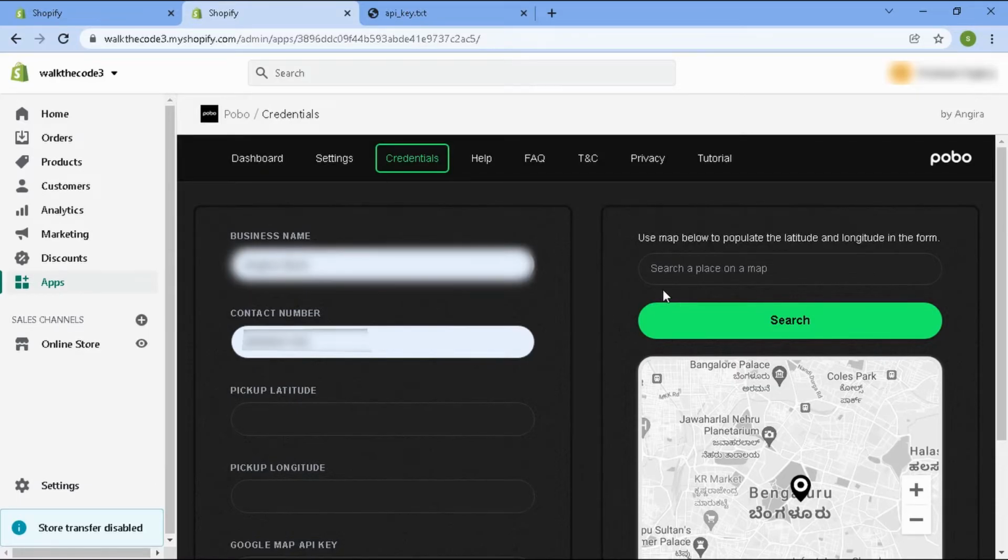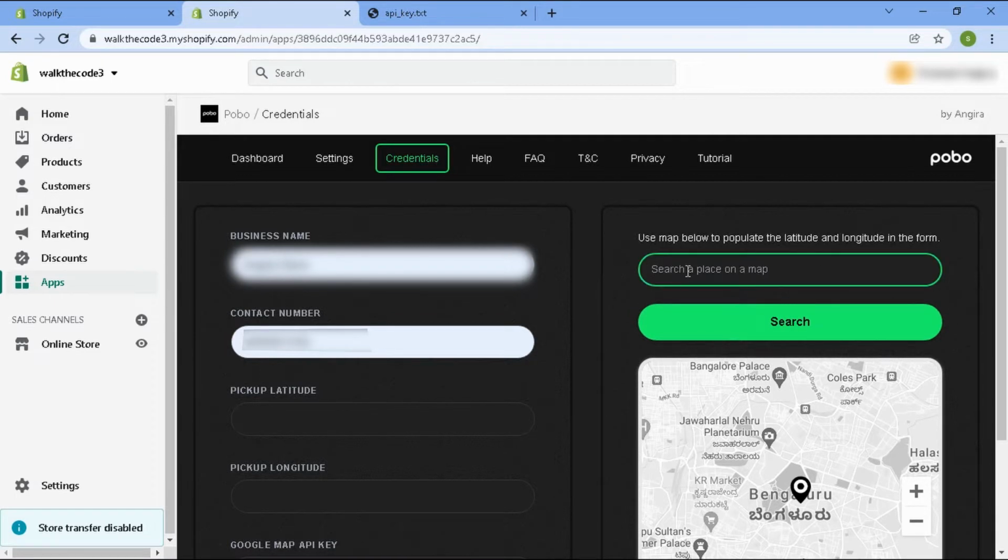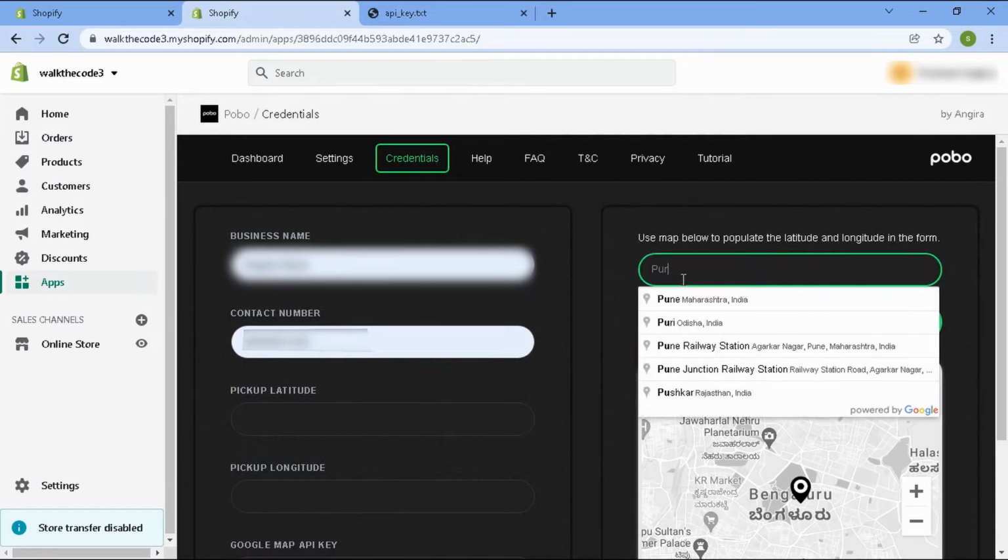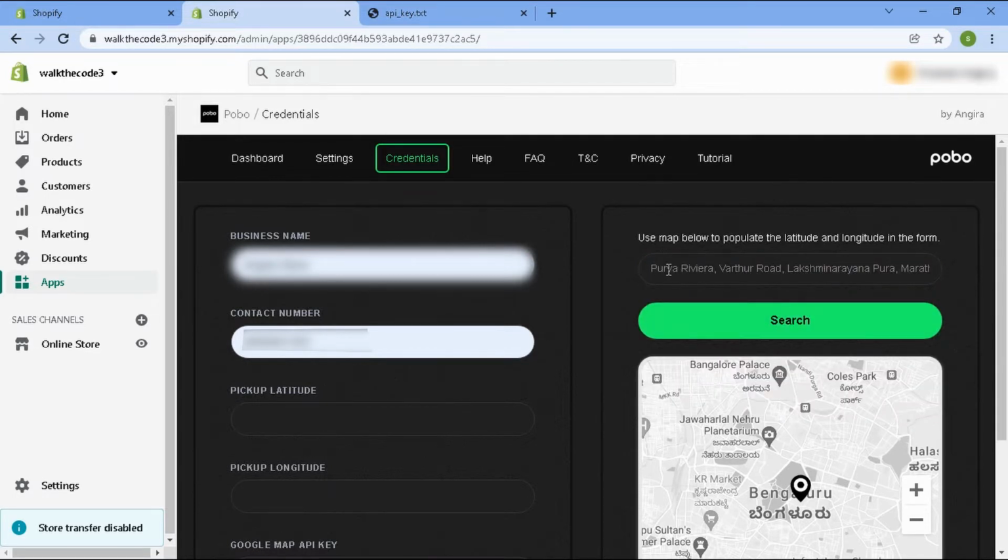So you have to search for your store address on this map. I'll search for a random place in Bangalore, but you have to search for your store name in here. After typing the name here, I'll hit search.